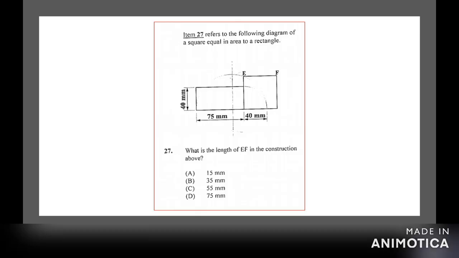Okay, so the EF would be, so that's 40 right there, and then you add a little bit. So it would be 75 also, okay? So yeah, it would be 40 plus a little bit, so it would be 75. So your answer EF would be